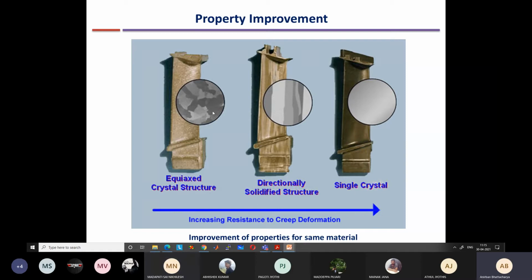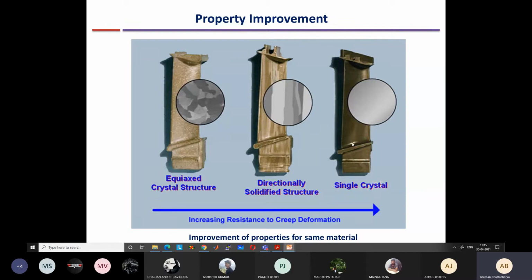Yes. And there will be a mismatch at the grain boundary. So within this single crystal there is no mismatch, no grain boundary, so it has very high creep resistance, and no defects at all. That's why nowadays for modern aircraft we use single crystals, but for steam turbines we don't use single crystals because they are very costly to manufacture, and steam turbines do not undergo such high temperatures as gas turbines.